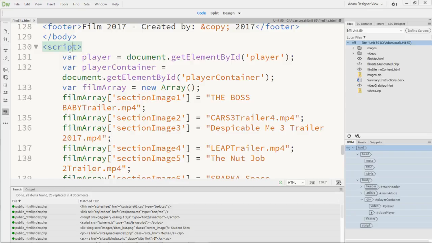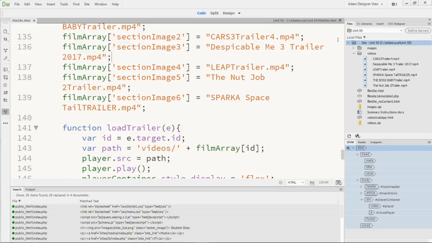So some of the techniques go back to earlier examples where we've worked with creating a film array of paths to specific files. And in this case, I've got 6 videos. They're in my videos folder here. I've put the file paths into an array called film array,